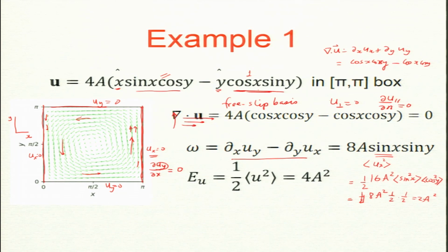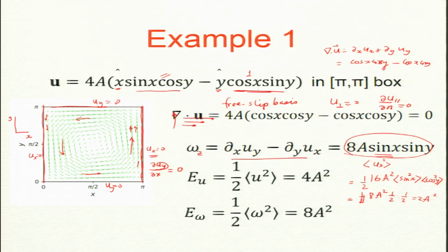Okay. So, that is kinetic energy. Helicity is 0, right, u dot omega is 0, no problem. This is omega z. You can also compute enstrophy, E omega. Now, this I will again ask you to do. So, you need to compute the square of this divided by 2. Okay. So, you can easily do it. It is non-zero. This enstrophy is for a 2D system.